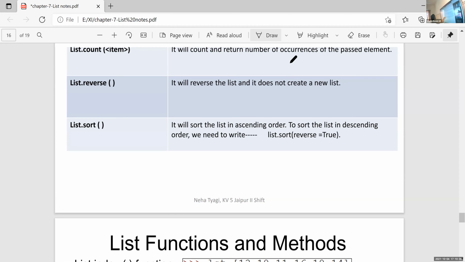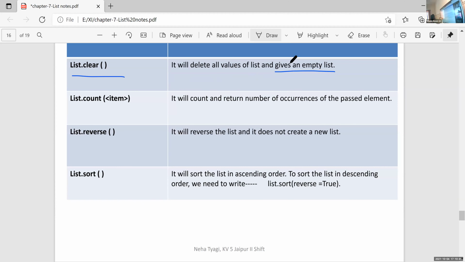So the next function is count. It will count and return the number of occurrences of the passed element. Count means it is used to count the number of elements. That is, if I use one item here, it will count how many times that particular item is present in that list.